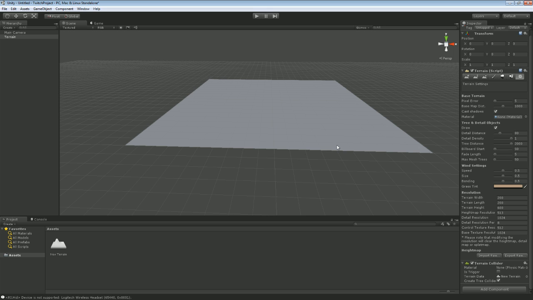Now in Unity specifically, height maps have to be a raw format. That's .raw, okay? Can't see any of those settings. So if you are using an older version of